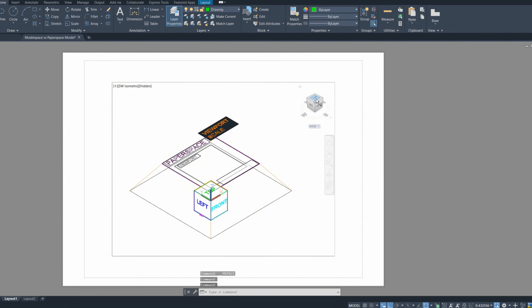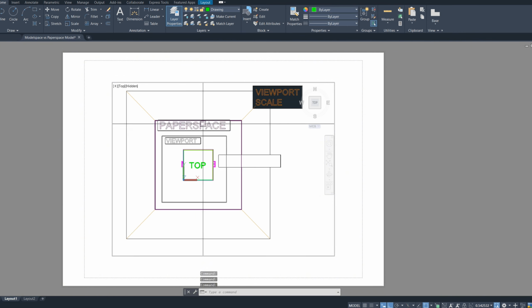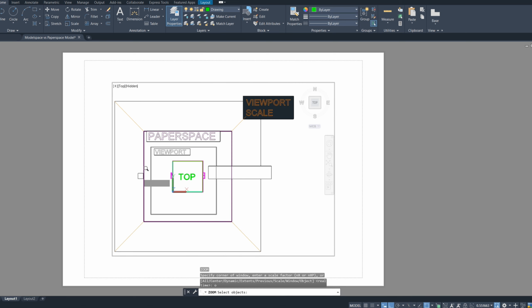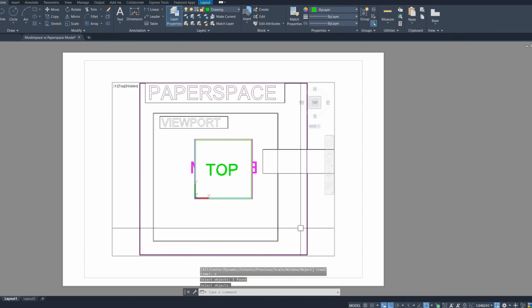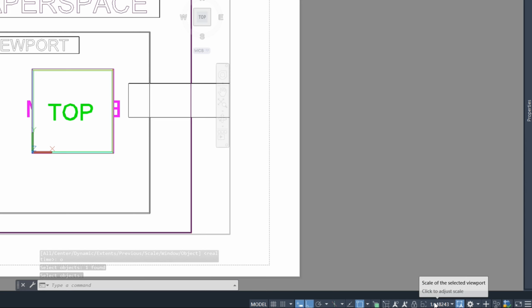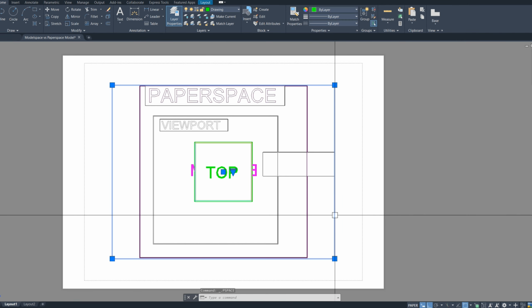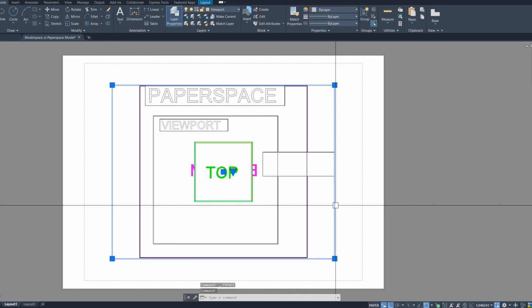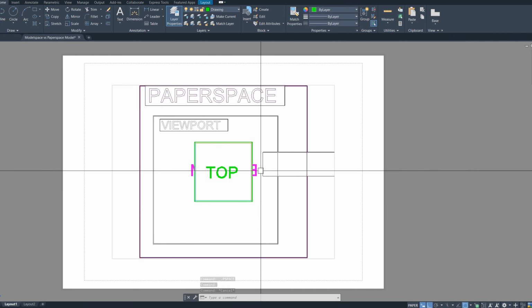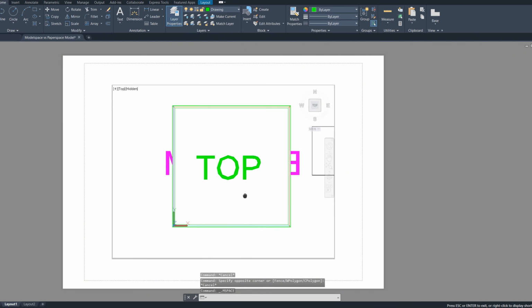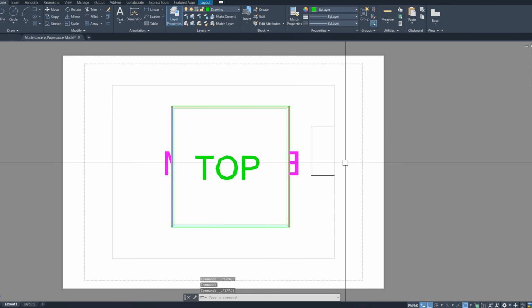So I could put top view like this. And I can zoom in and out. And as I zoom in and out, I'm changing the scale, like I mentioned earlier. To do that, I'm using a viewport myself. So this is where I would add my text, for example. So let's say I want to zoom in just to show my boxing. I could do that, and I could add